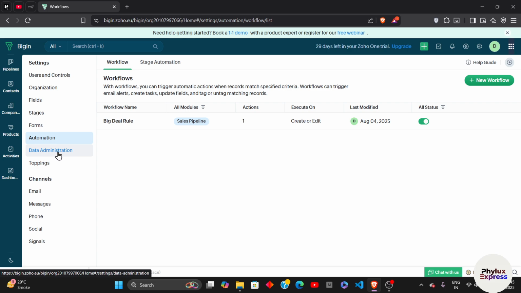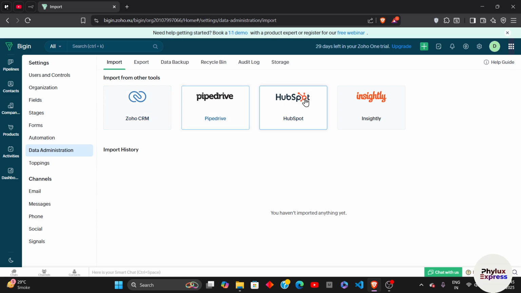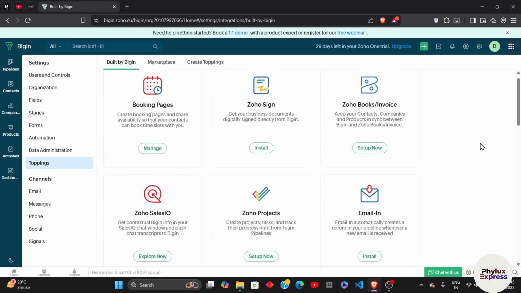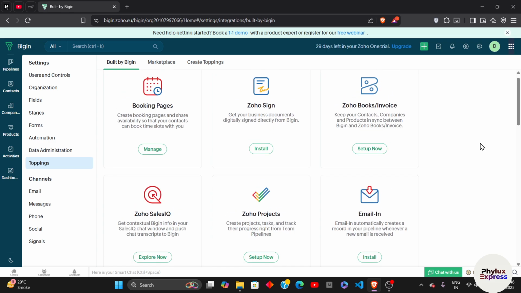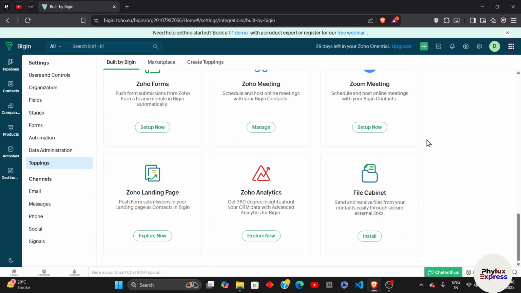And after that, you can see the data administration section here. You can import the data from other tools like Zoho CRM, Pipedrive, HubSpot, and Insightly. And when you click on toppings here, you can see multiple Zoho applications like Zoho Books, Zoho Invoice, Zoho Sign, Zoho Sales, Zoho Projects, and you can hover and hover and you will find more and more